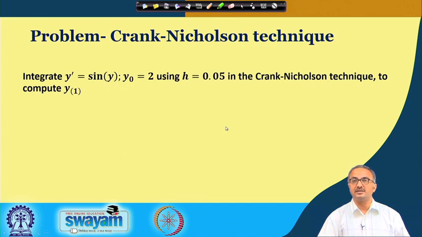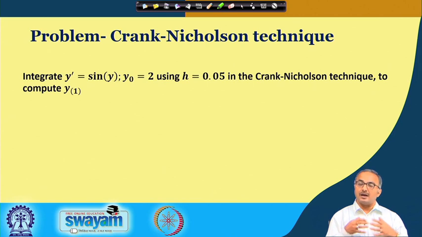Coming to another technique, that is the Crank-Nicolson. This particular technique we call a semi-implicit or semi-explicit method. What it does is this: the explicit methods are fast because we don't have to iterate, but they have the problem of stability, that means converging or getting the right value. On the other hand, when we go with implicit methods, we find that they are slower than the explicit methods, but they ensure more stability to the solution. Both of them have their pros and cons.